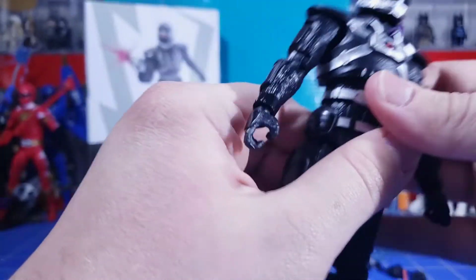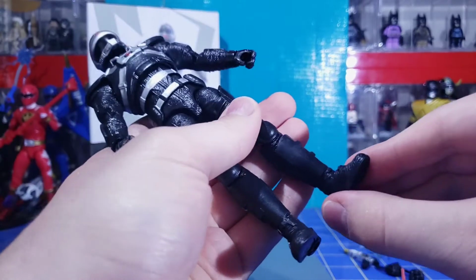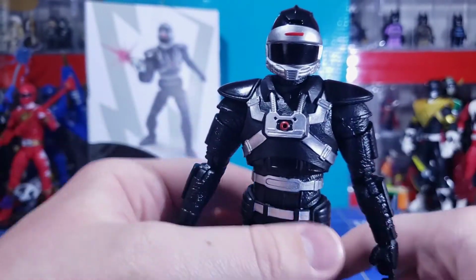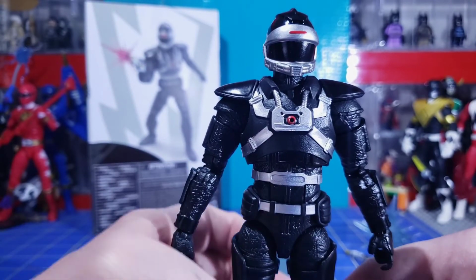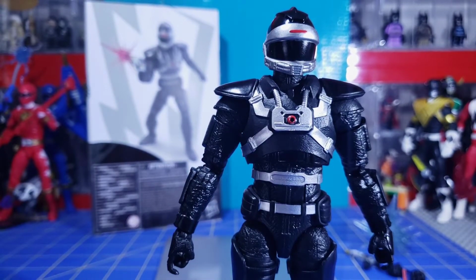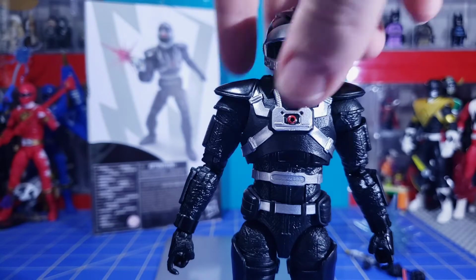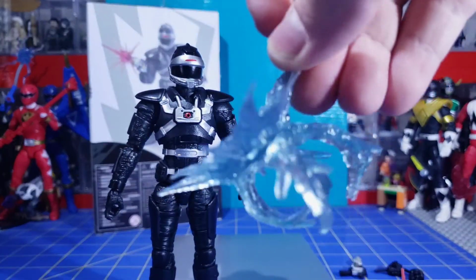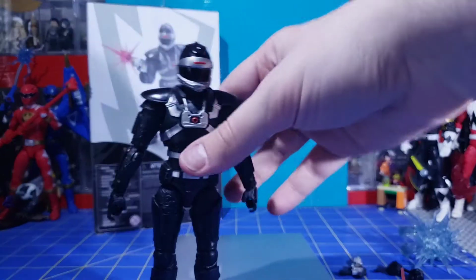Some of his joints are a little tight, some of them are pretty loose. But anyway, now we can take a look at the actual Phantom Ranger here, and I have to say that this figure is completely brand new. The only thing that was reused, as far as I'm aware, is that effect piece that goes on someone's torso. Everything here is brand spanking new,